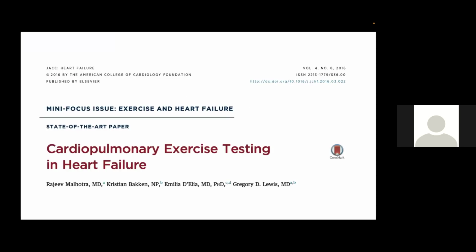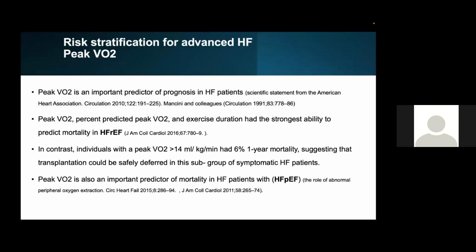So now we'll move to the second part of the lecture, the prognosis. In this very nice article, published in JACC in 2016, they are discussing the importance of CPET in heart failure patients. So the risk stratification mentioned in this article for advanced heart failure,